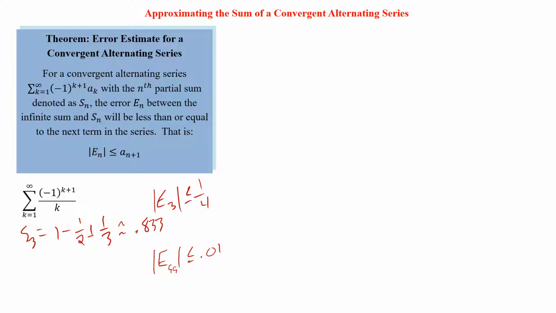So for that, we'd have S99 is going to equal 1 minus 1/2 plus 1/3 minus, I'm not actually going to do all those. And then the last one is plus 1 over 99, because the odd terms, 1, 3, 99, are positive, and that's going to be about